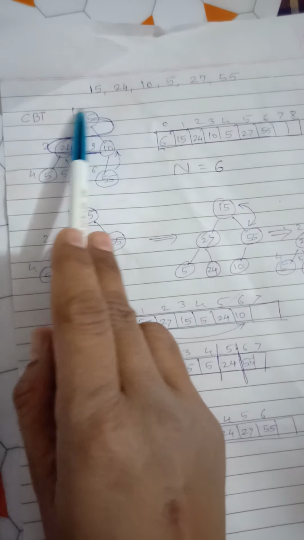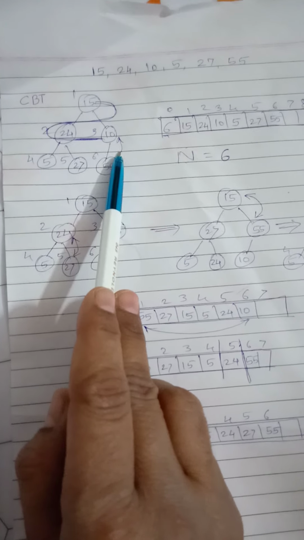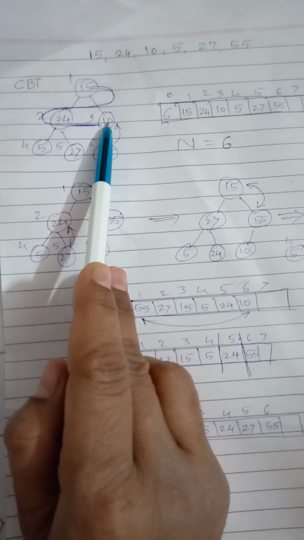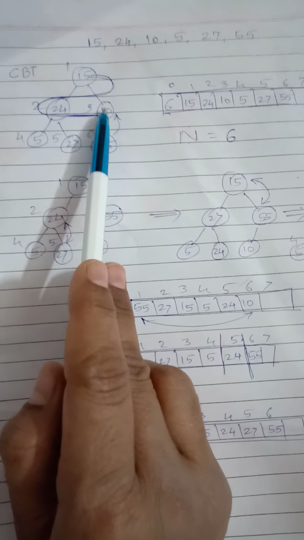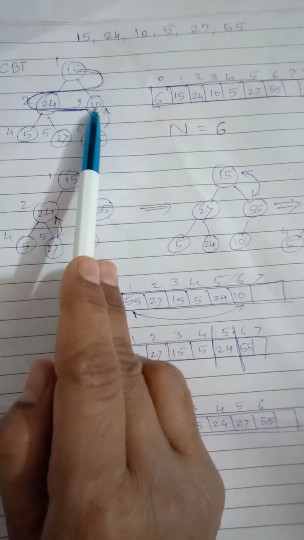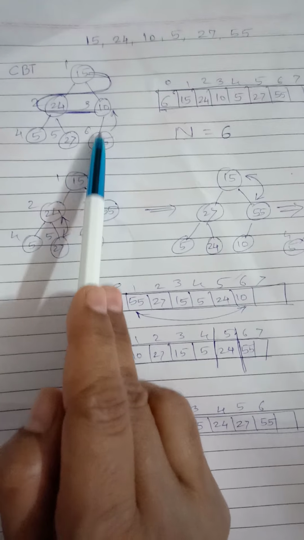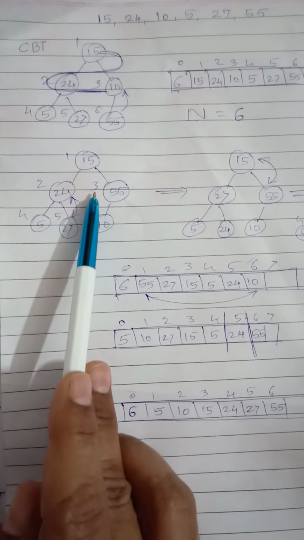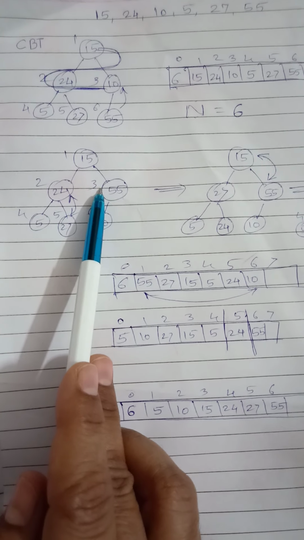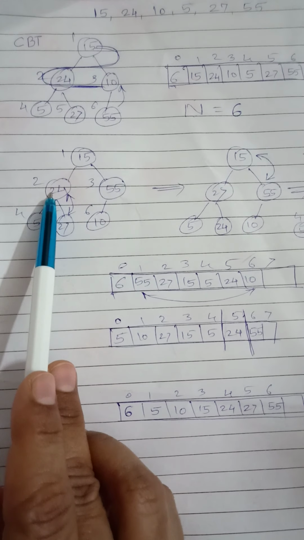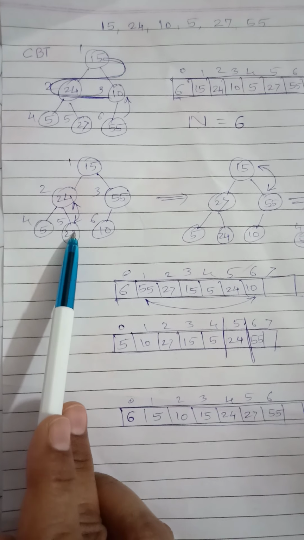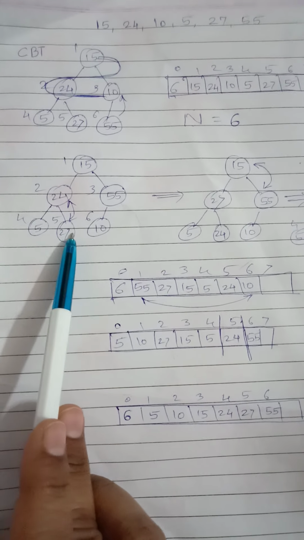This down adjustment function is the same. This is our complete binary tree. From this complete binary tree, this is the last parent that we are going to consider, and if this parent has a smaller value than its child, then we are going to perform swapping as here. Then we will decrement i by 1, so i will be 24 now. Again consider the children of this. This is the left child, this is the right child.